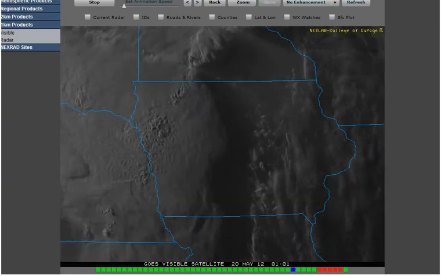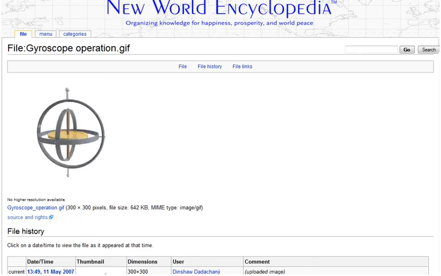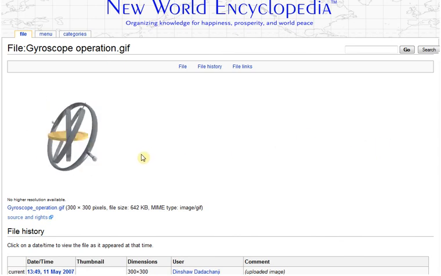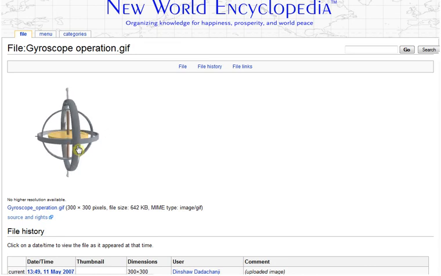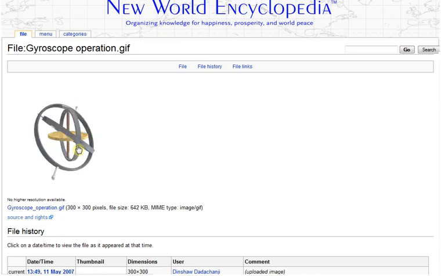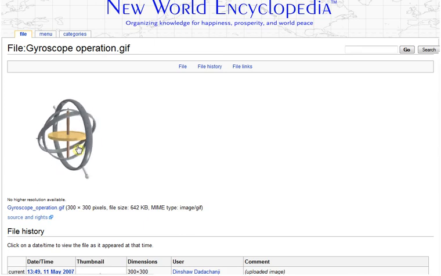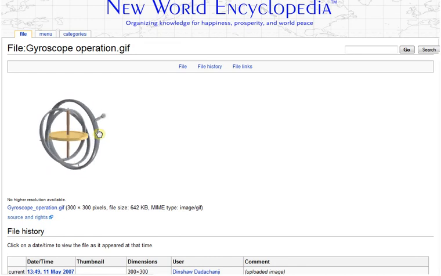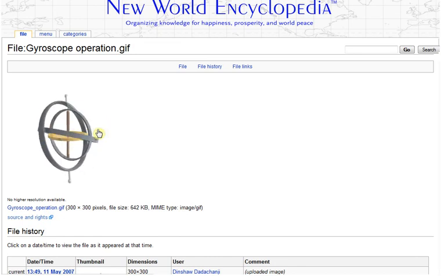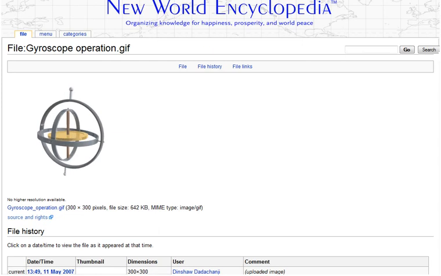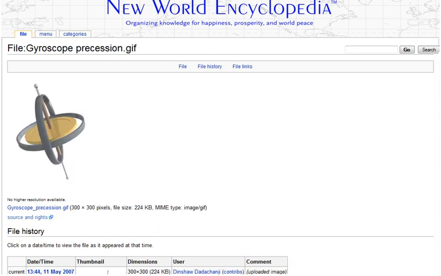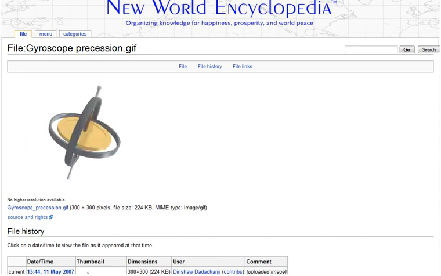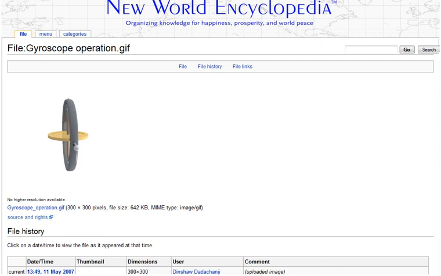I did some checking around on a gyroscope, and this is New World Encyclopedia. Now this is the thing I was showing you coming out of Topeka. Now how they get this happening on the Doppler, I do not know. But I know that the disk, of course, goes around and it changes attitude or up and down as it can swing around. I can't see how it can go that fast. And then here's another type. And this is probably more like what it's doing. Although